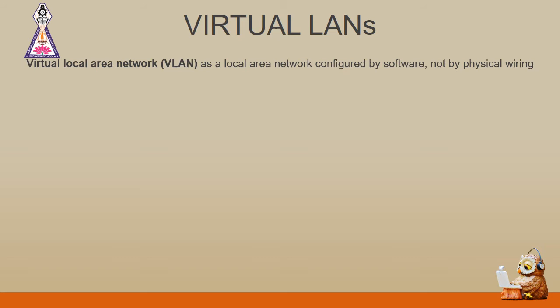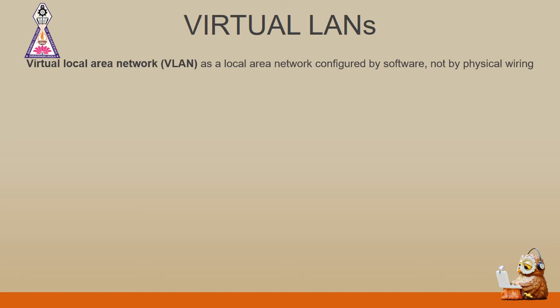It could be related to a real-time scenario wherein I have two different campuses of an organization. A guy in the first campus wants to communicate with a guy in the second campus. So both are in two different geographical areas, thus they belong to two different local area networks. If there could be some virtual connection between these two local area networks, then these are said to be in a single virtual connection. So the virtual local area network is a special case of local area network which is configured by the software, not by the physical wiring.